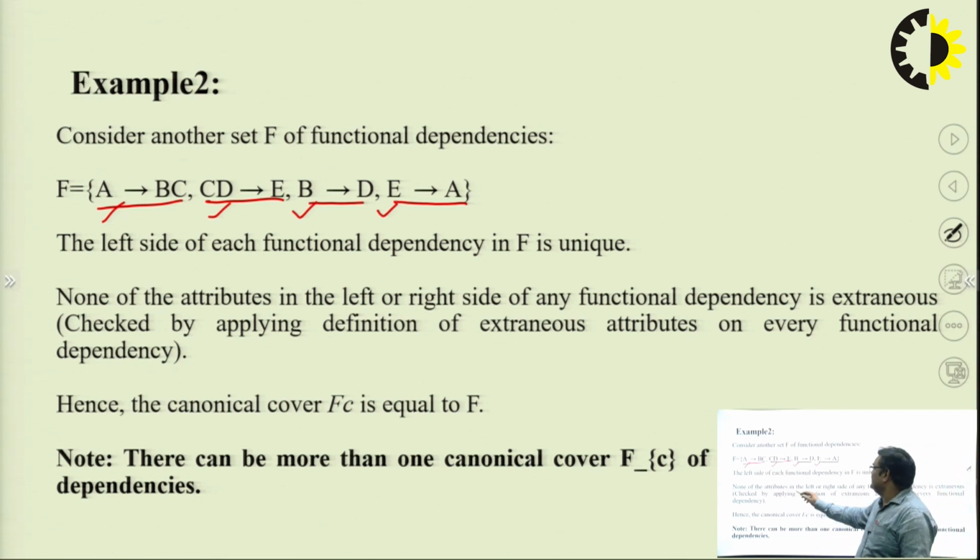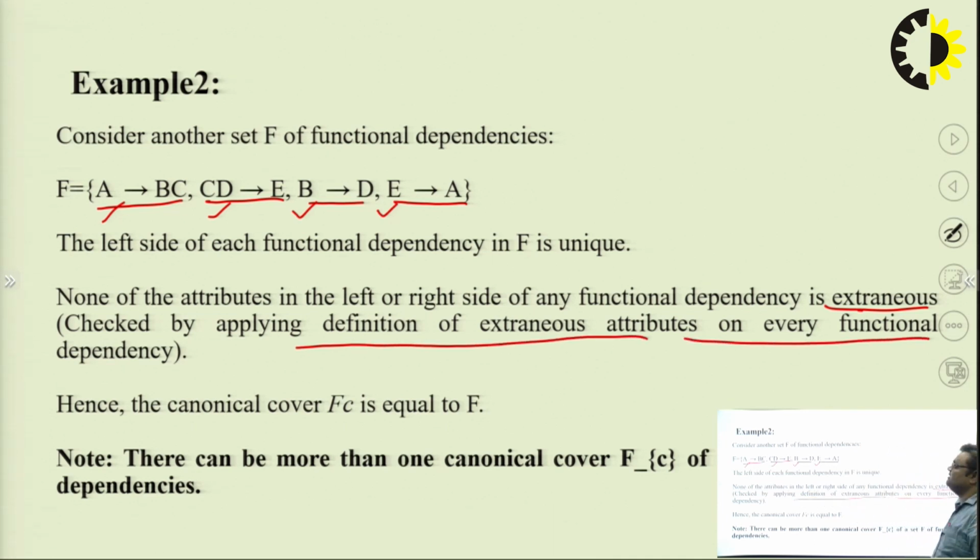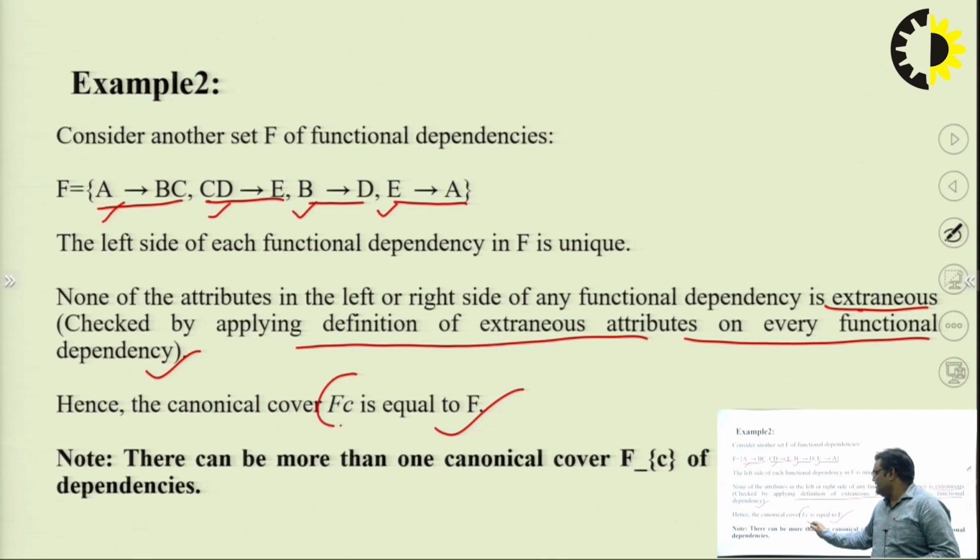None of the attributes on the left or right side of any functional dependency is extraneous. We have checked; you can check all the rules that were provided before. We can check by the definition of extraneous attribute on every functional dependency. Okay. So, hence the canonical cover FC is equal to F. So, here nothing is extra. We have the same set of functional dependencies in the canonical cover FC. So, one thing to note,